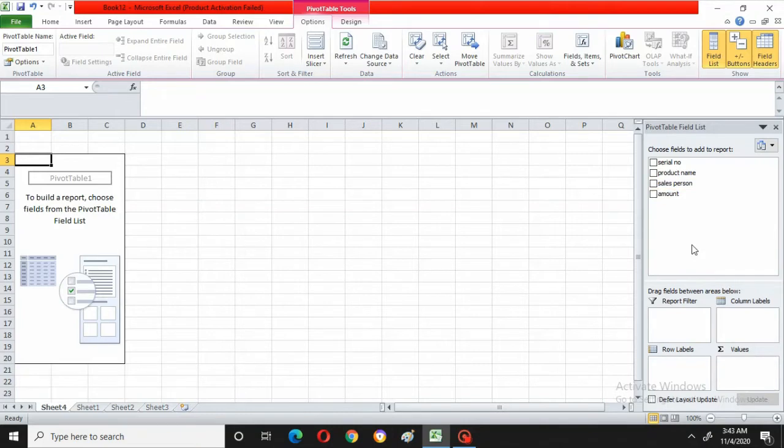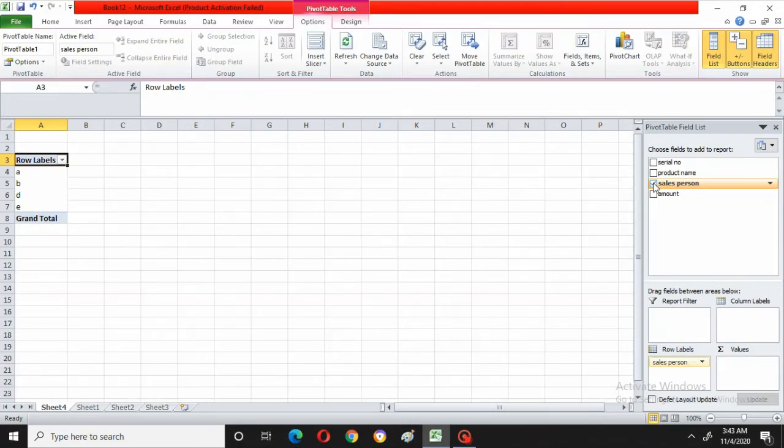This is called the pivot table pane. Here, whichever field names are there in that table, those names are appearing here. Can you see here, "Drag fields between areas below." That means whichever field you want, you have to drag that field and keep it here. If you don't know where to drag, where to keep them, if you select one particular thing, automatically it will take the place.